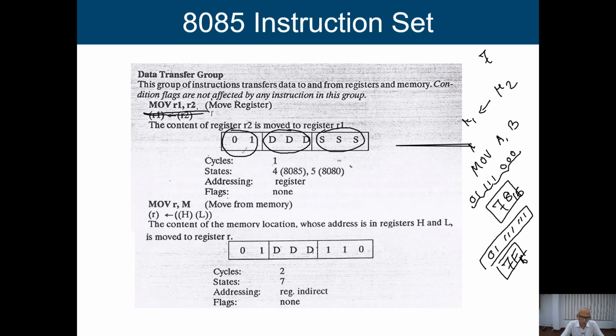It may not fall in this particular register movement or data transfer group, but since it is not having such importance, because transferring the contents from one register to the same register is meaningless, this particular code can be used to design some other instruction. We don't have any problem. Now here we are having 7 registers. From these 7 registers, we can transfer to the other 6 registers. So 7 times 6 is 42.